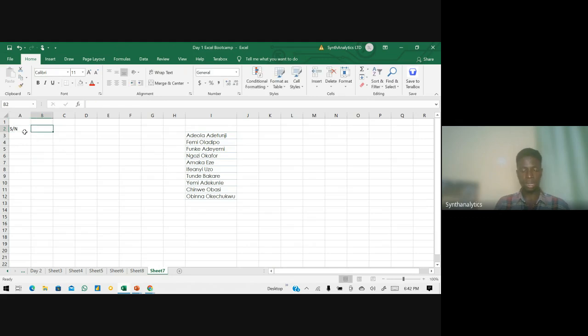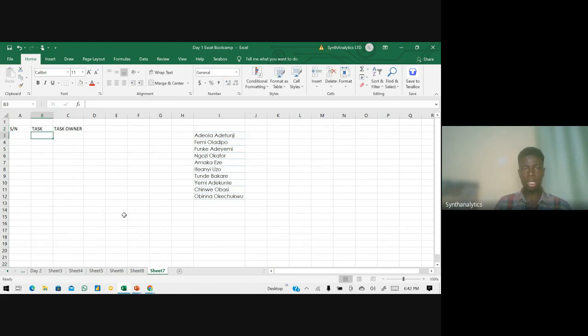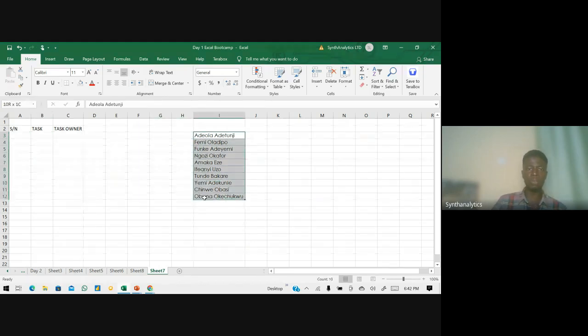And then in your company, they are saying something like SN, task. And you are doing task owner. We do this a lot in project management. Your task owner, and then from your task owner, you want to be able to pick a list from a drop down. These are all the lists of tasks you have. So how can you pick a list from a drop down?